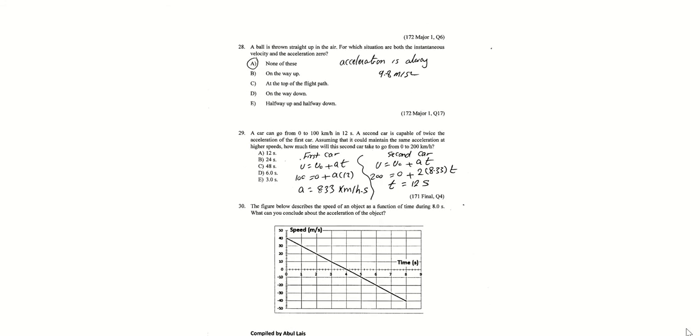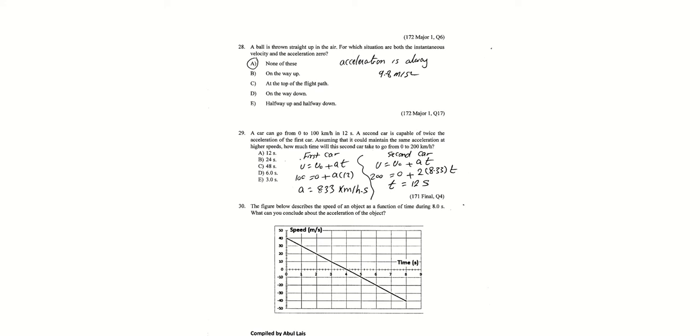Now we can move on to problem number 28, and it says a ball is thrown straight up in the air, for which situation are both instantaneous velocity and the acceleration 0. And the answer here is none of the following. And if you check the different options,